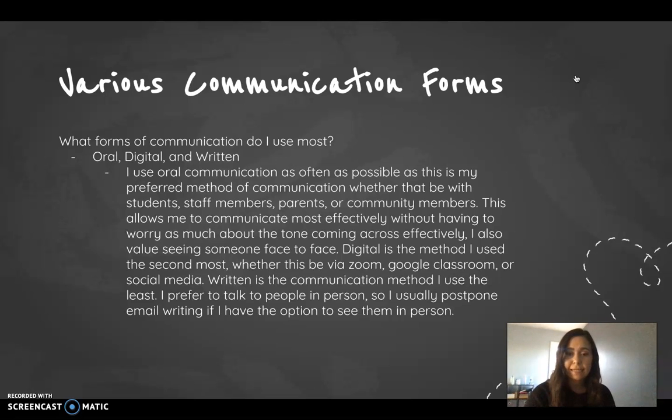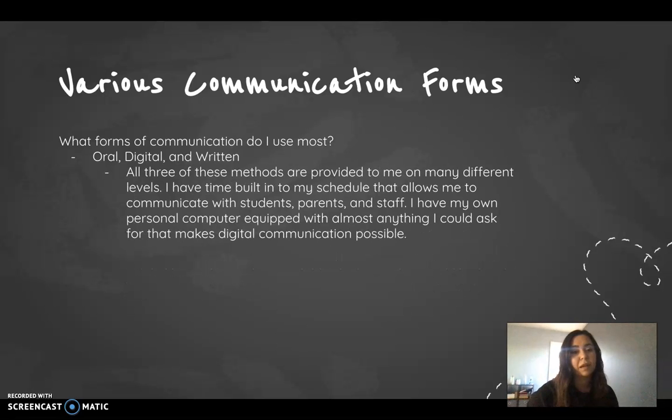And then lastly is written, which is the communication method that I use the least. I prefer to talk to people in person, so I usually postpone email writing if I have the option to see that person in person. So that's my order of preference. Looking at all 3 of these methods,